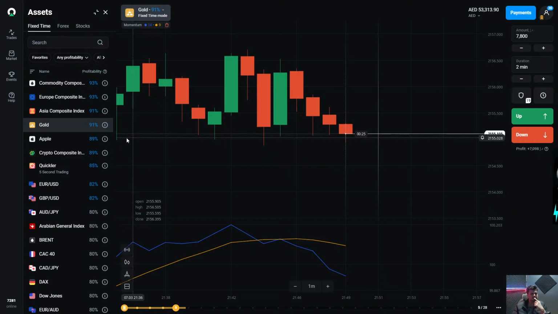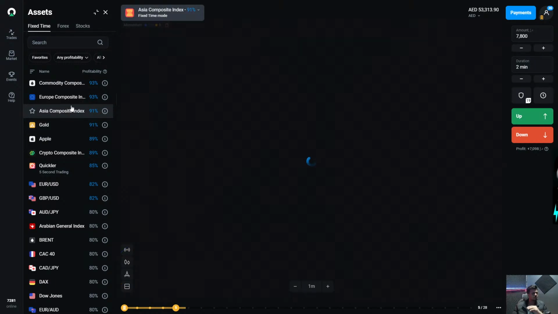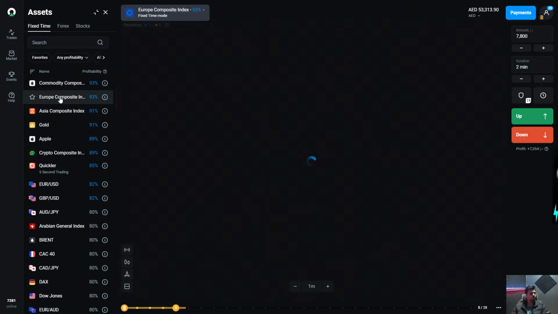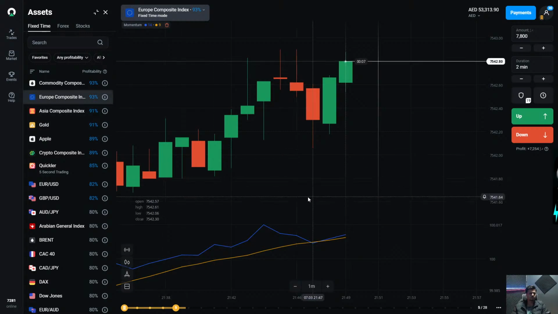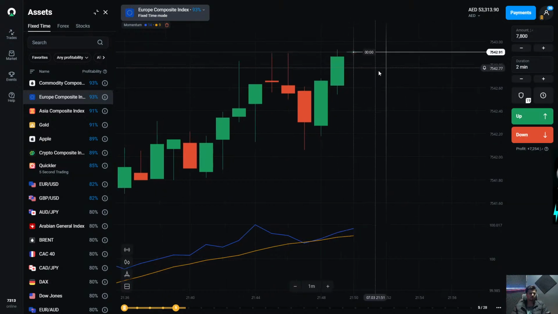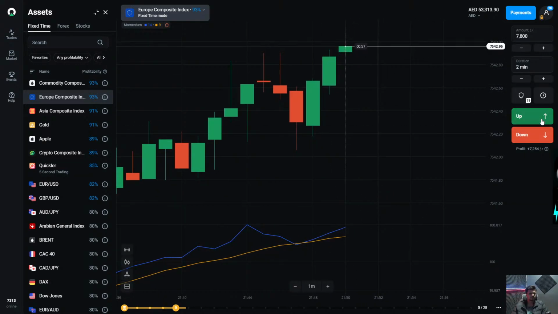Yes, see guys, here we need to do something just for 2 minutes. So 2 minutes, the perfect time is for Asia Composite Index, which is moving 2 minutes to downward, and Europe is trying only in upward direction. Yeah, that's good, really nice. It's just moving in the upward. Here it's trying to move downward.